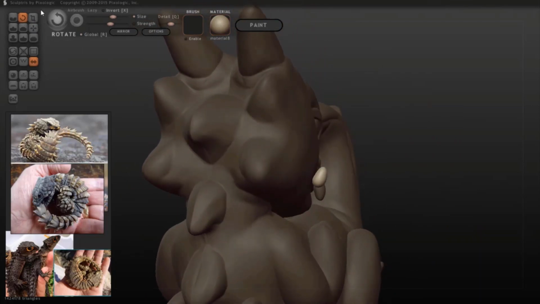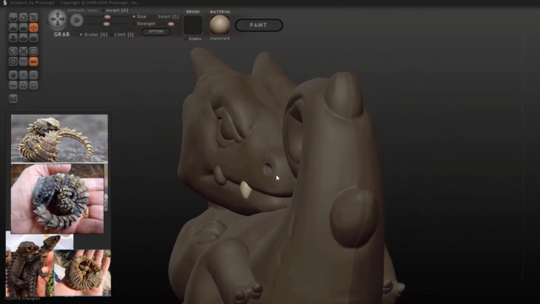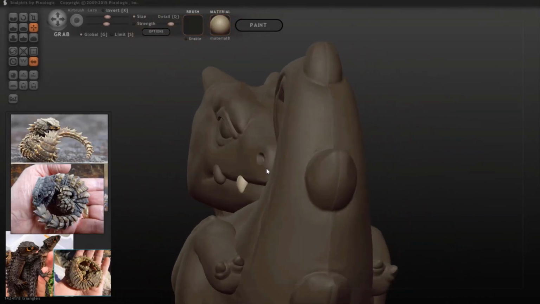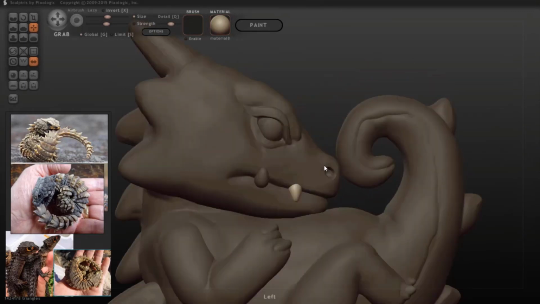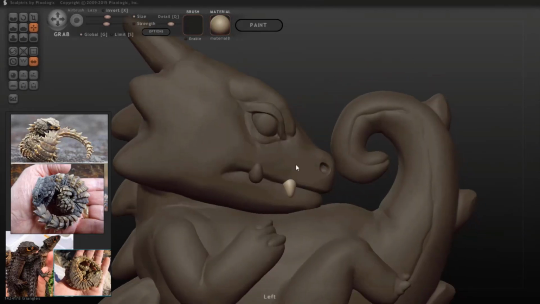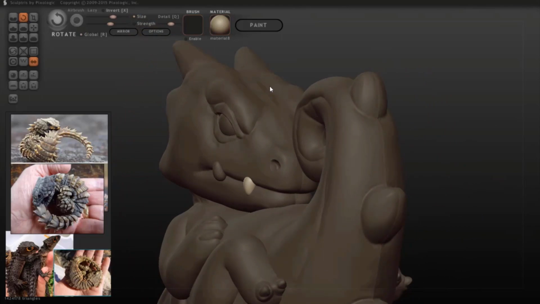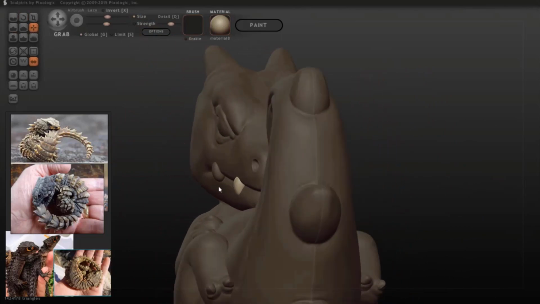Just rotate this one out a bit and push it into the model. Push this one in as well. Alright, I like the look of that. Let's go ahead and let's see, rotate this tooth like so. Alright, yeah, I think that looks good. So I grab the move brush, push it in just a bit more,